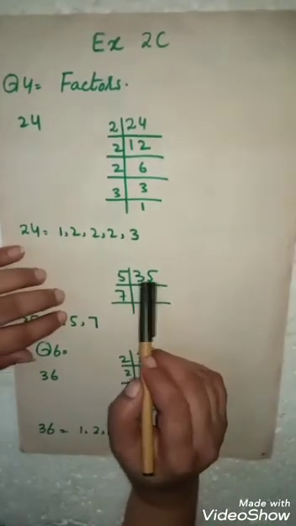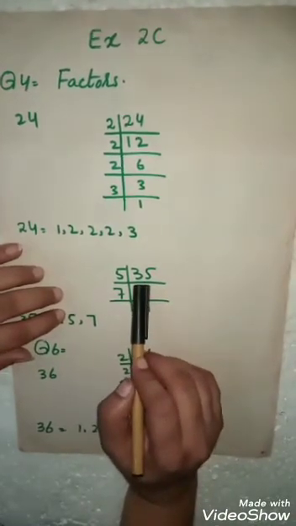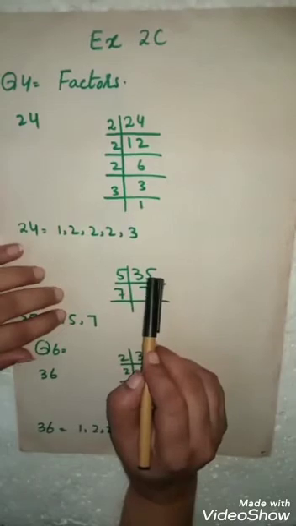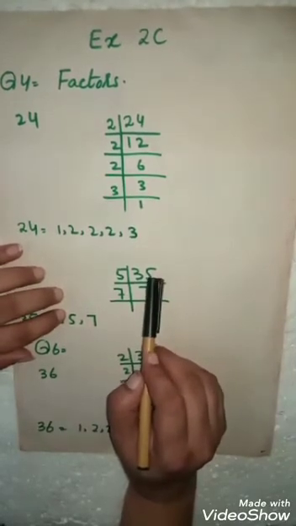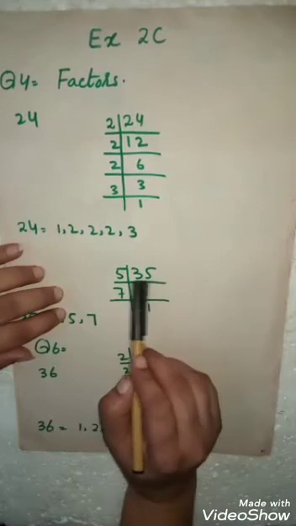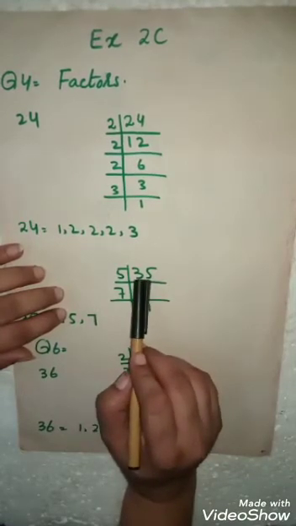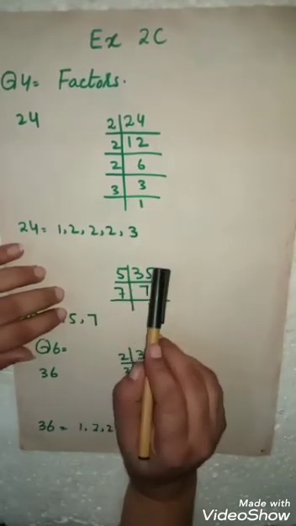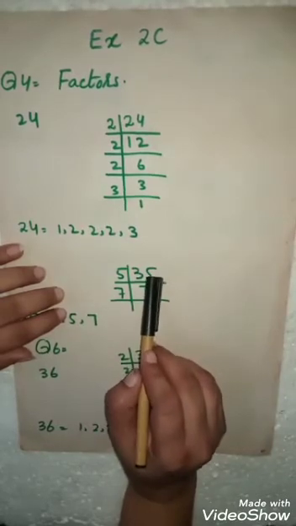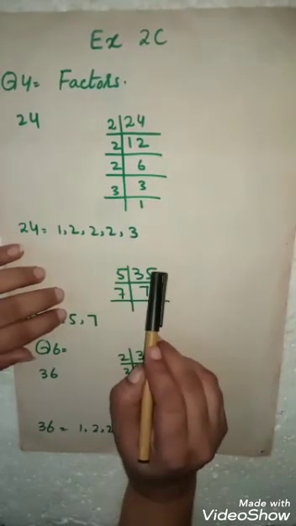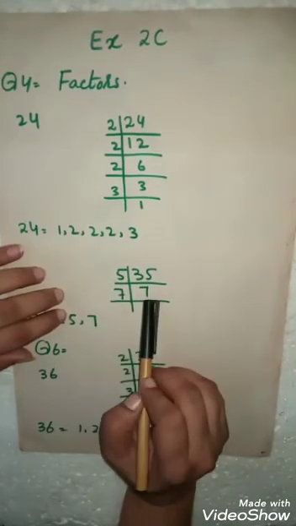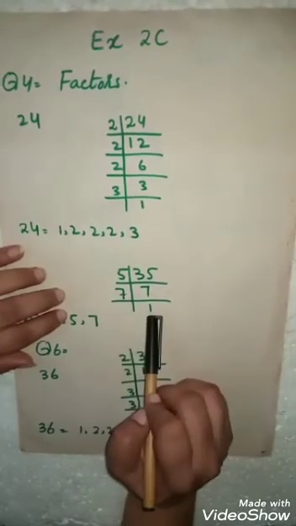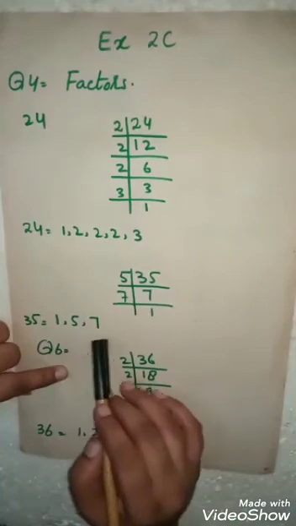The next number I have here is 35. Let's check it with the rule of divisibility of 2. Here we have 5, so this number is not divisible by 2, because we need 0, 2, 4, 6 or 8 for divisibility by 2. Now for 3, you will check by adding the digits: 5 and 3 make 8. 8 is not a multiple of 3, so this number is not divisible by 3. For 5, if the ones place number is 0 or 5, then the number is divisible by 5. Here we have 5, so this number is divisible by 5. 5 7s are 35. 7 is a prime number, so it is divisible by itself: 7 1s are 7. Here we got our factors 1, 5, 7 and 35.